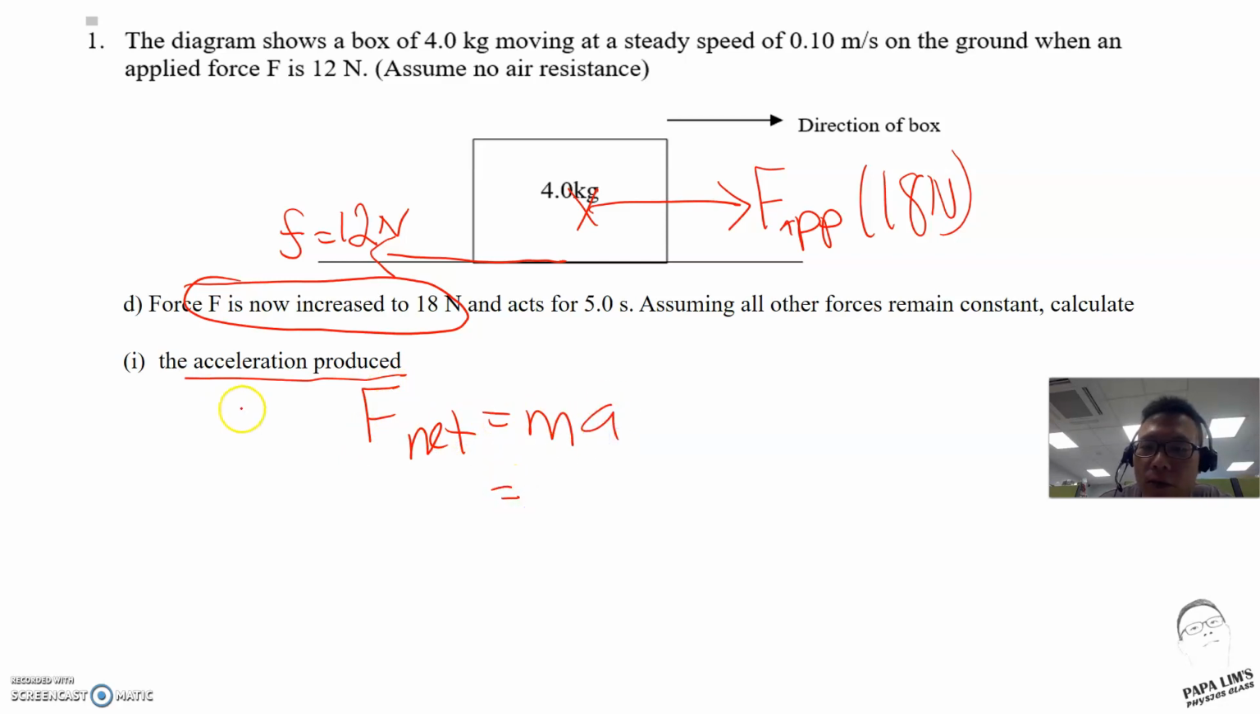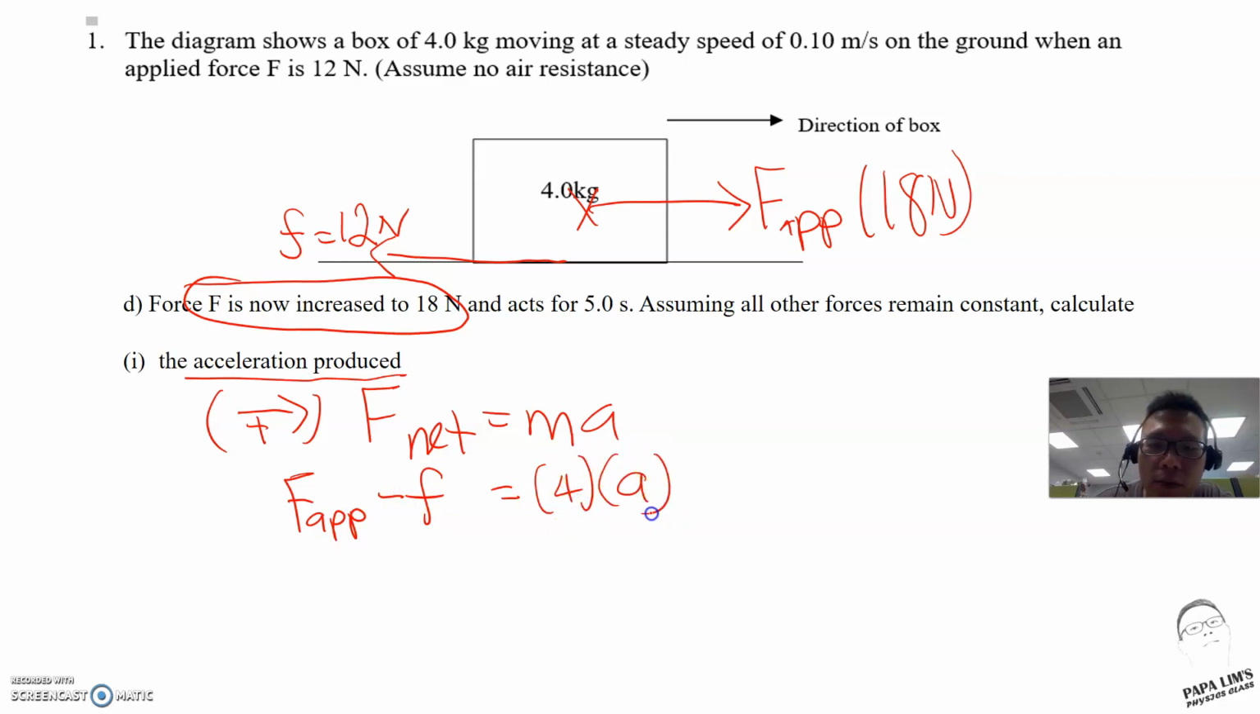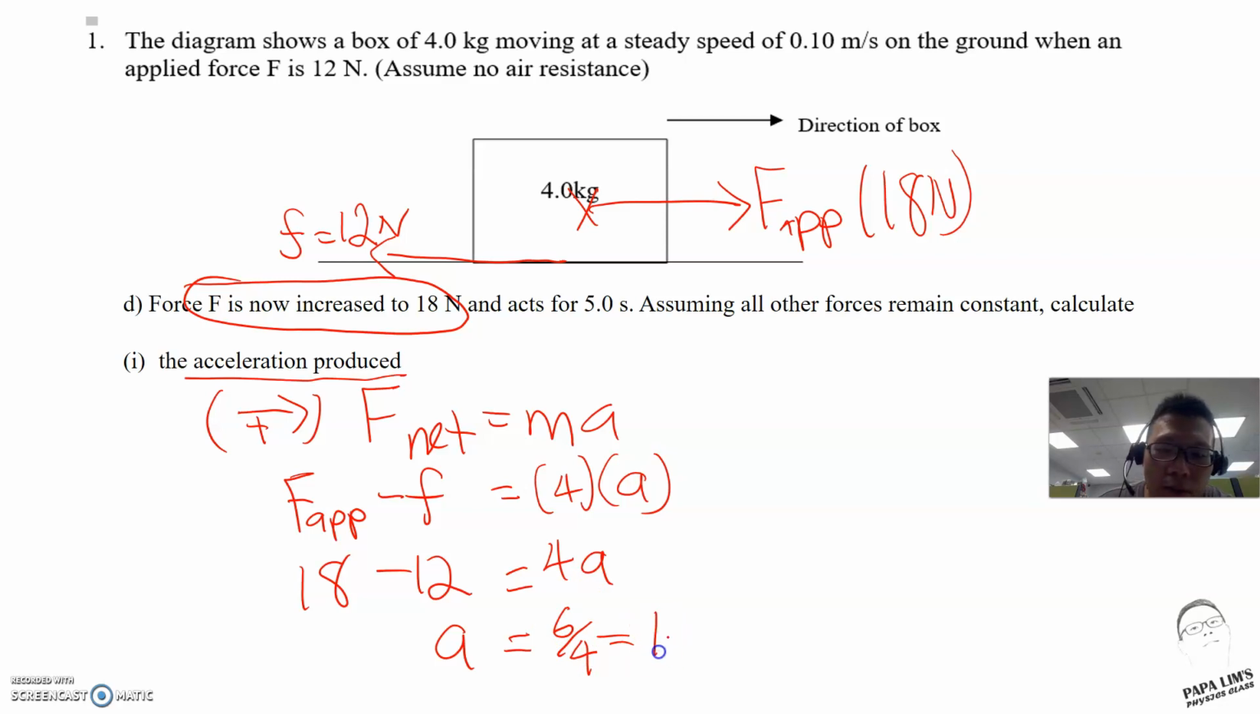So now F net is horizontal, so we take right as positive. Sum of forces in the horizontal axis will be F applied minus friction equal to ma. M is 4 kg and a is what we need to find, which is the unknown. Force applied now is 18 Newton. Friction still remains as 12. So now you solve for acceleration itself. 18 minus 12 will be 6. So you will have 6 divided by 4, which is 3 over 2, which will be 1.5